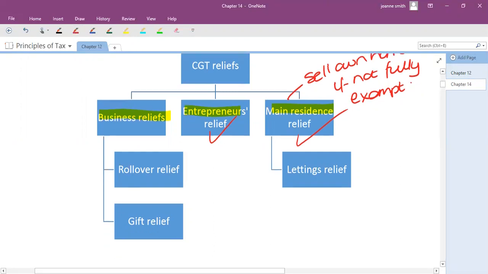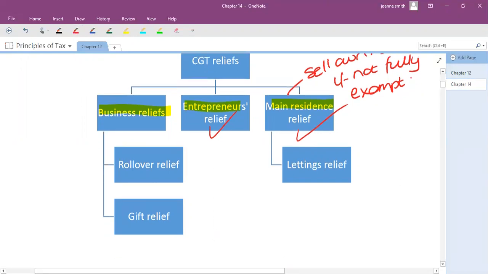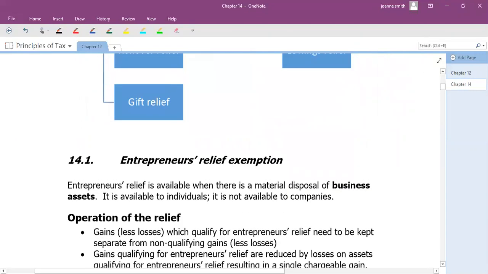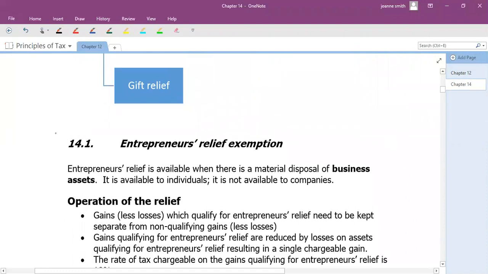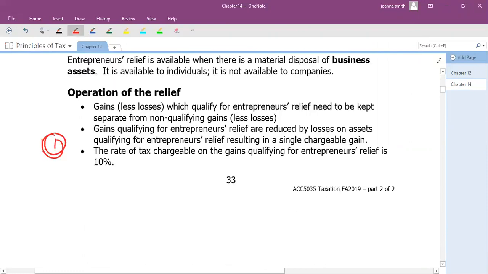So business reliefs, we're not going to cover in any detail in this chapter. They do also apply to companies, whereas entrepreneurs relief and main residence relief is only for individuals. So let's start with the first one then, the entrepreneurs relief. So entrepreneurs relief relates to